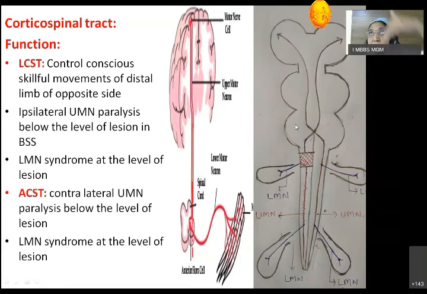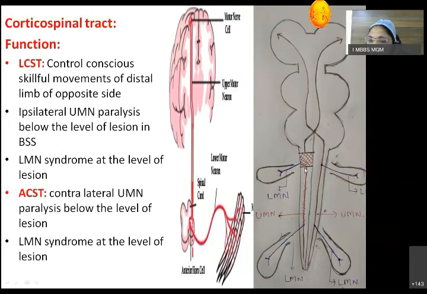Fibers, they are crossing above the spinal cord. The lesion is in the spinal cord, and that's why there is ipsilateral paralysis. So this is the site of lesion. At this level there is damage, so whatever fibers are present here are damaged, and this is the lower motor neuron from the gray matter of the spinal cord to the effector organ.